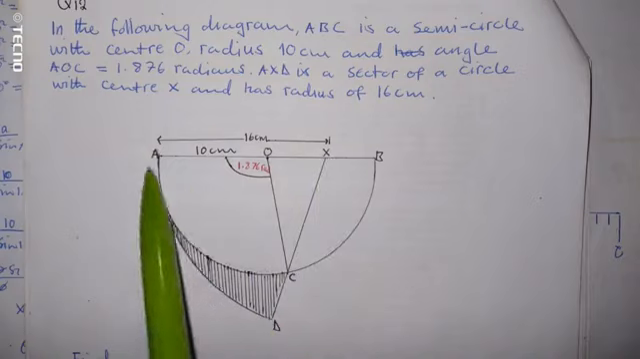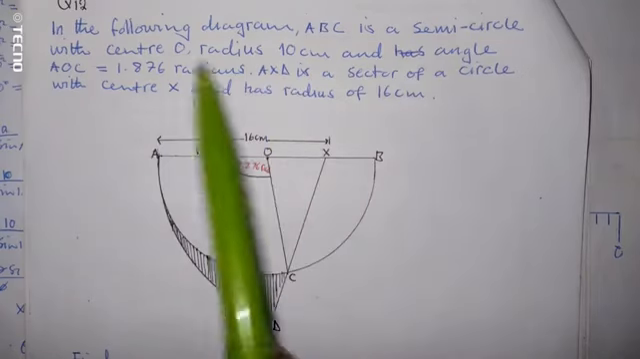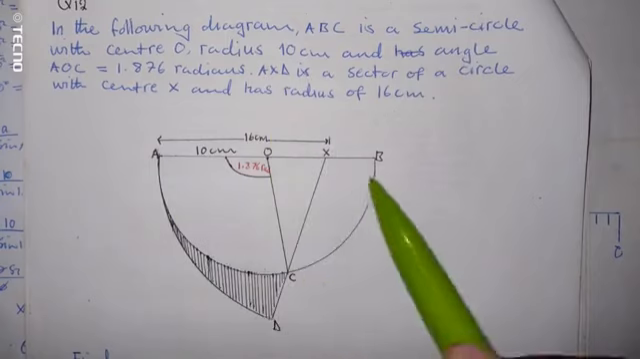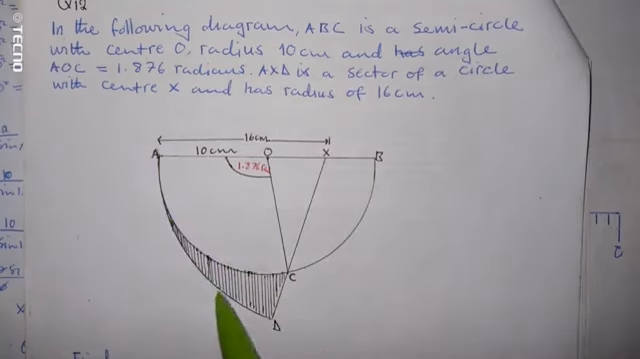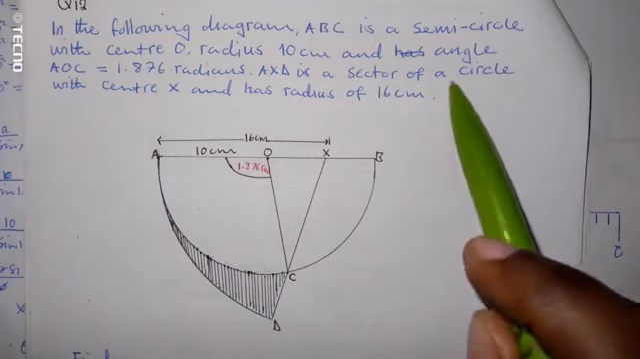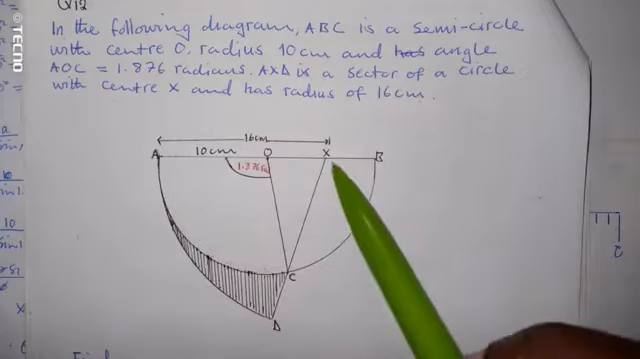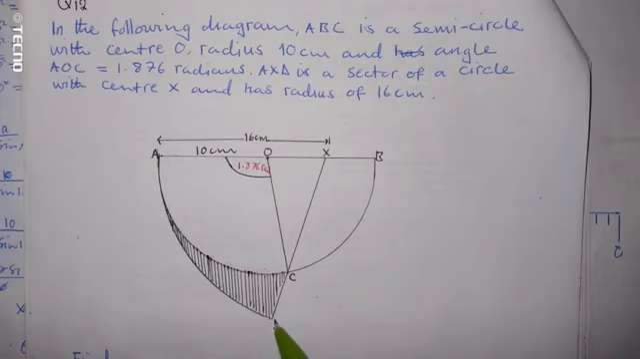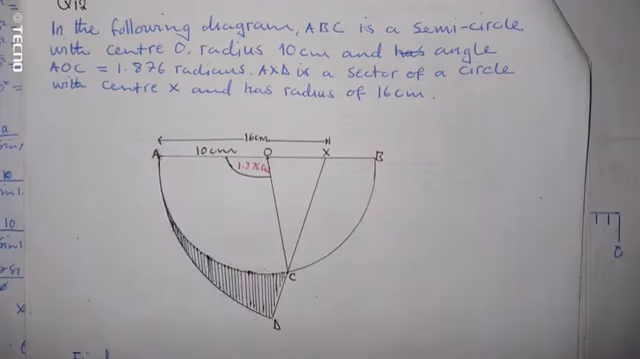AXD is a sector of a circle with center X. So again, this is the center of this sector. It's the center of a sector of a circle with the center X and has the radius of 16. So XD, the radius is 16. XA, the radius is 16. Okay, so now